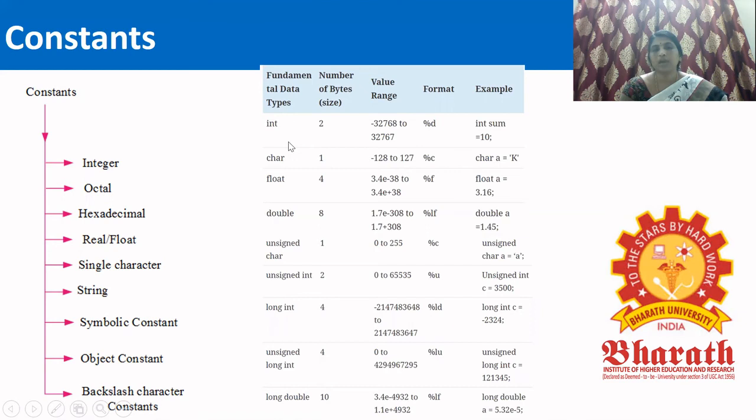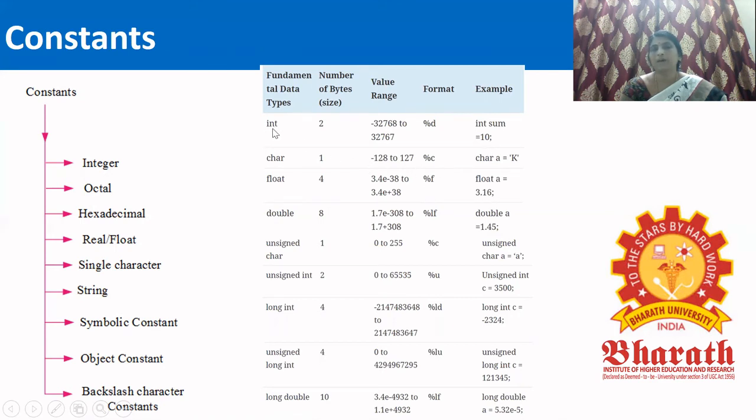So when you see about variables and constants, they come hand in hand. The constants are stored in the variables. So what types of constants the C language can handle is given by the data types.